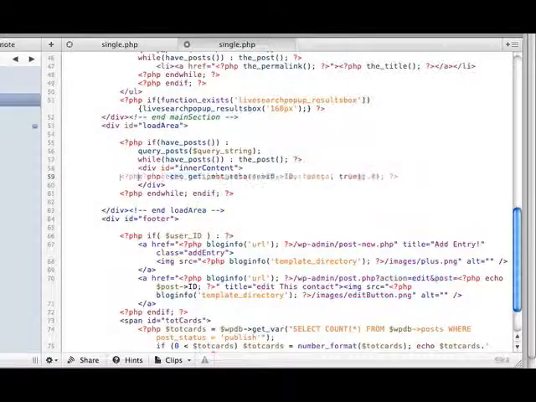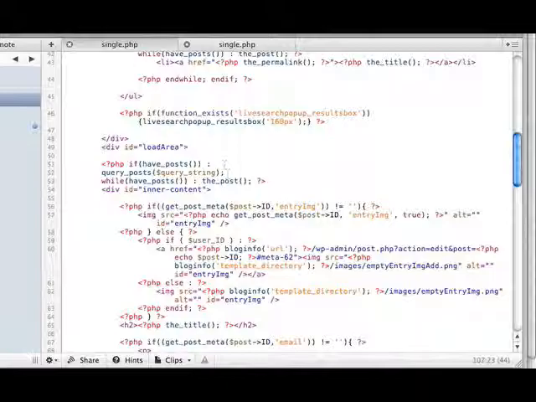So basically what we've got to do is check if it's there. So we go if, that, I think it's in another set of brackets. Let me just check. If, yep. Okay, so